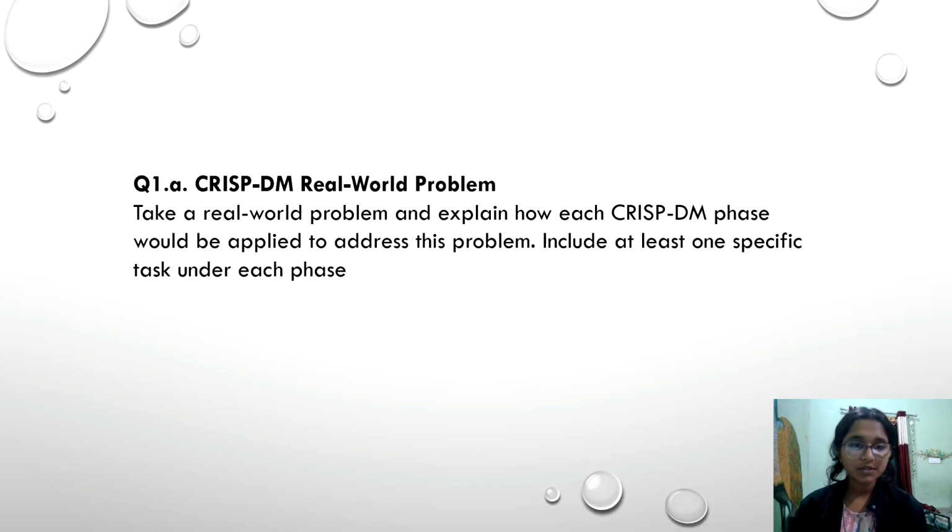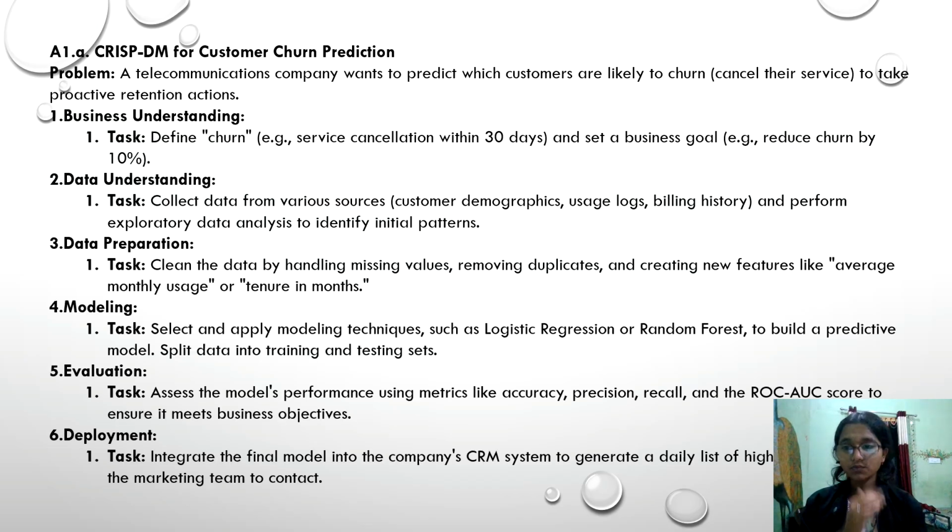So the first question is CRISP-DM, real world problem. Take a real world problem and explain how each CRISP-DM phase would be applied to address this problem. Include at least one specific task under each phase. So the answer for this is